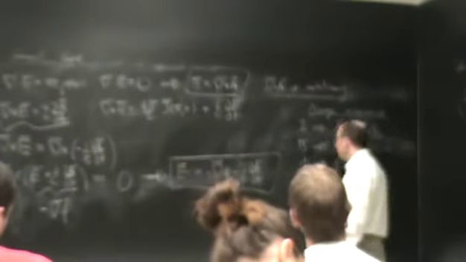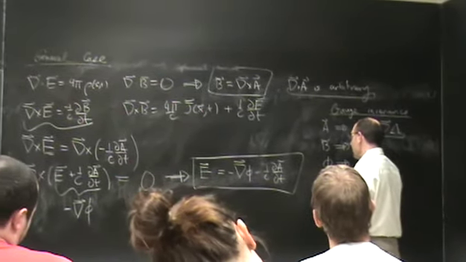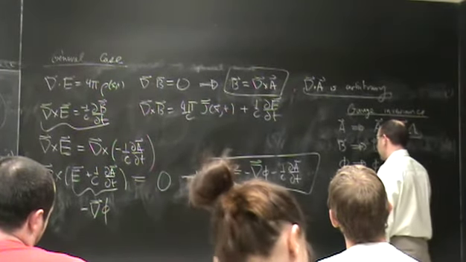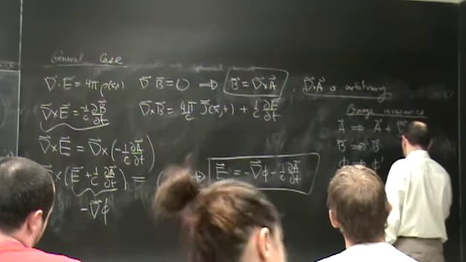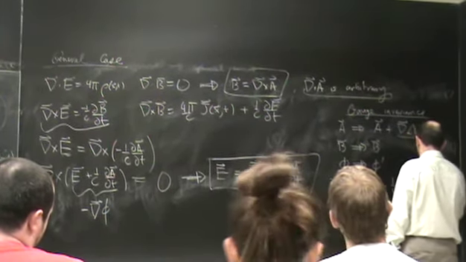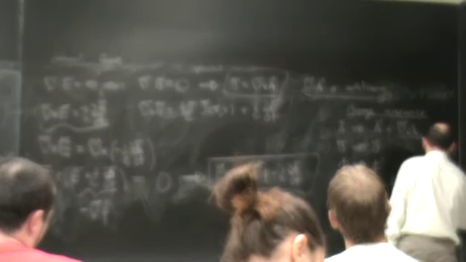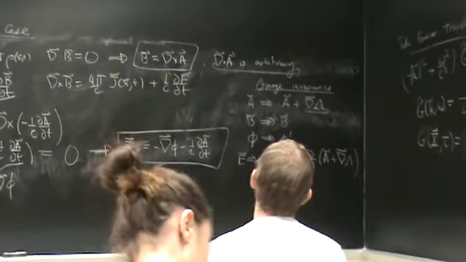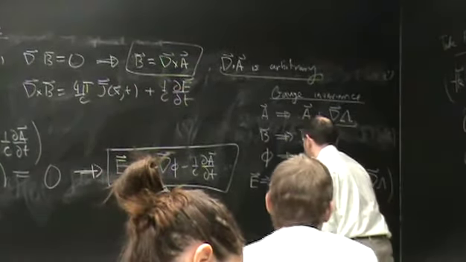In fact, we can see what phi prime must be, because if E is equal to minus the gradient of phi prime, minus 1 over c d by dt of A plus the grad of lambda under a gauge transformation. If A changes by that amount, and phi is some new phi, well, this then is equal to